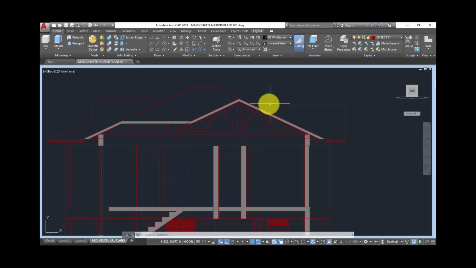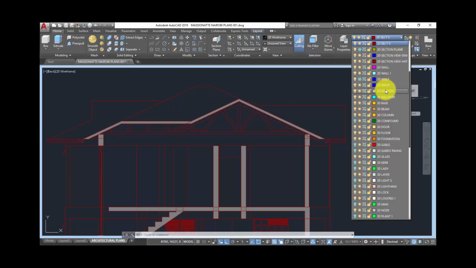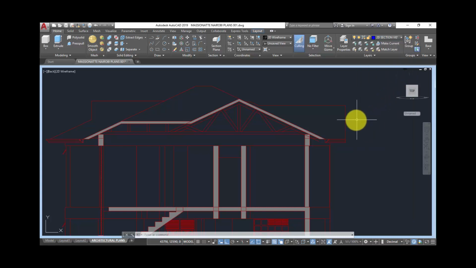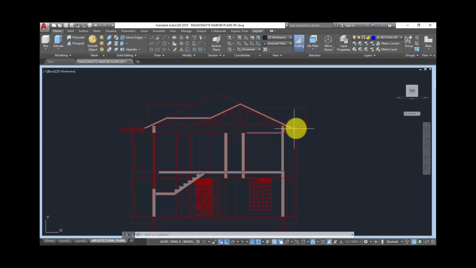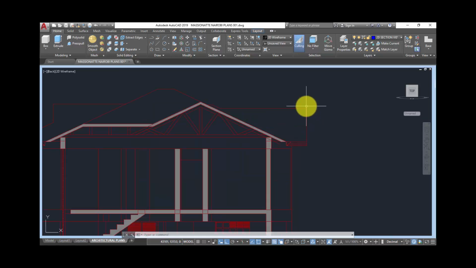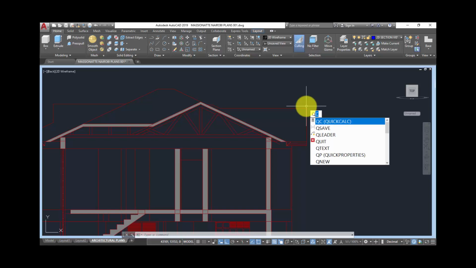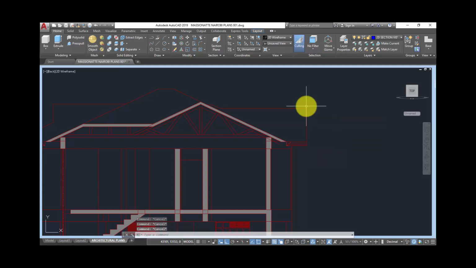So if you have to enter the text, the details, I'll come here and I will click on 2D section view, because this is a layer that I want to create as where the annotation object should be positioned. I'll enter the command QLeader. But before you do that, you must ensure that the text style in which you want to create the specification should be the one which is current.